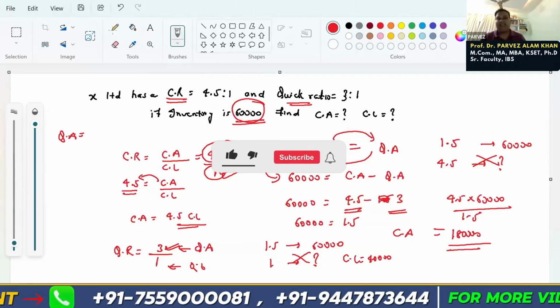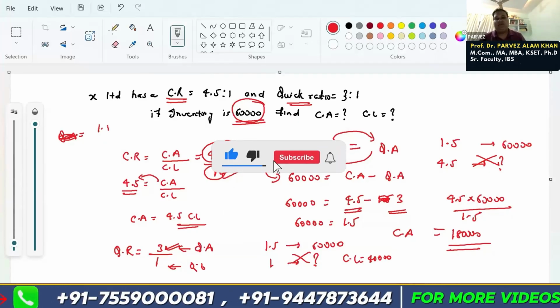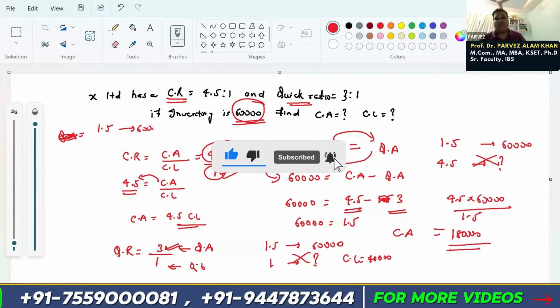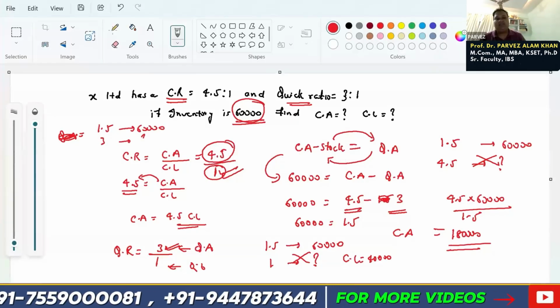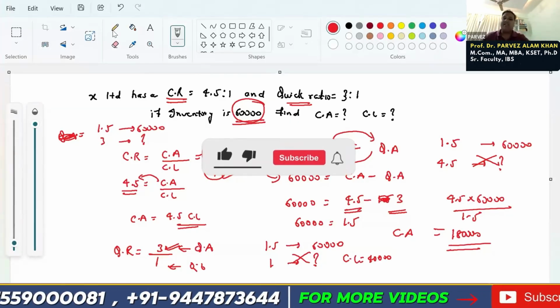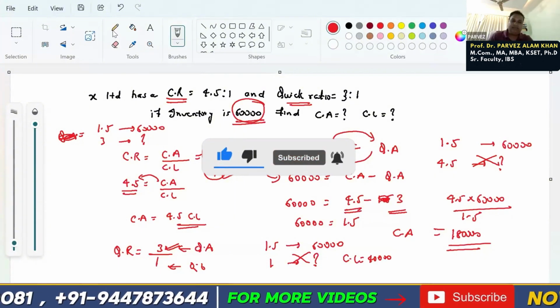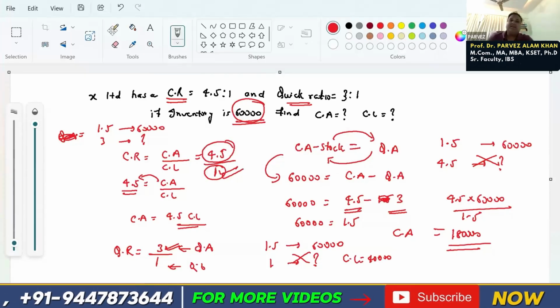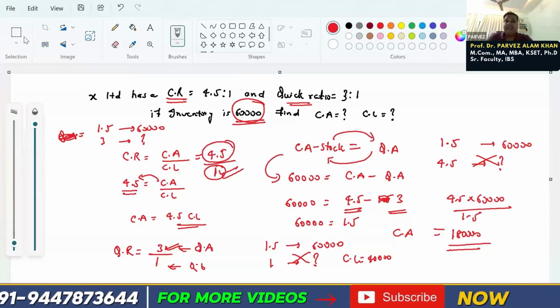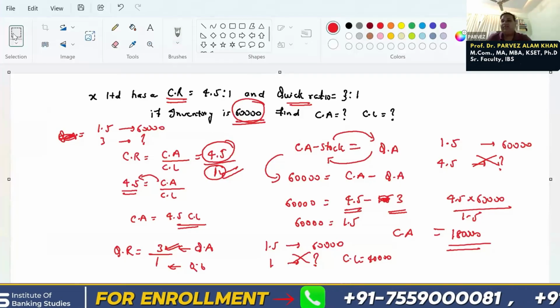Quick asset is 3 times, right? Same way, 1.5 is 60,000, so 3 times will be how much? Like that also I can ask the question. Is it clear? Sometimes indirectly also you can get questions to make it more difficult for you,